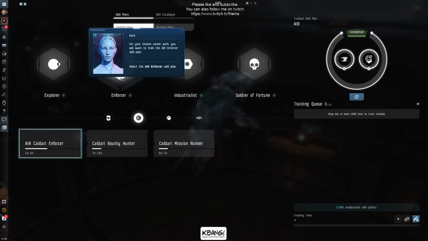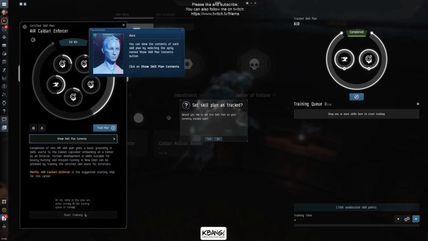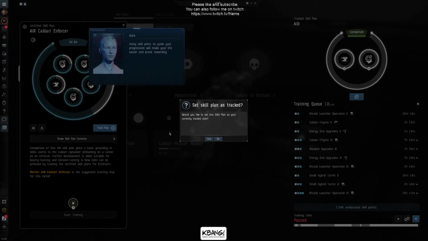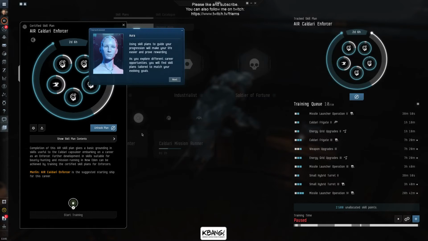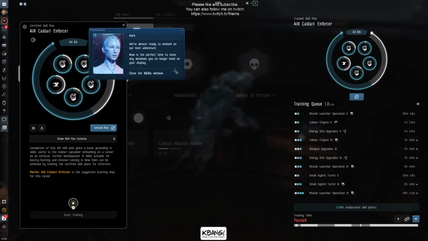For your chosen career path, you will want to train the Enforcer skill plan. You can view the contents of each skill plan, but using skill plans to guide your progression will make your life easier and prove rewarding. As you explore different career agents will sometimes reward capsuleers with new ships. We're almost ready to embark on our new adventure. Now is the perfect time to close any windows you no longer need on your display. So indeed,